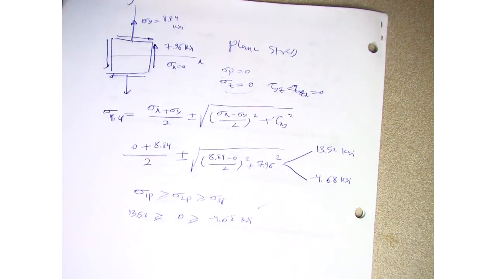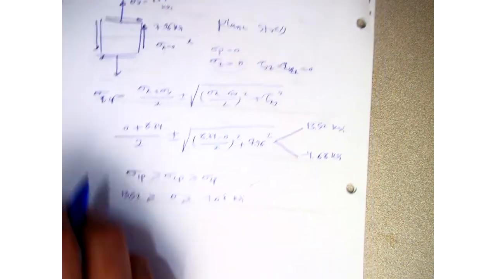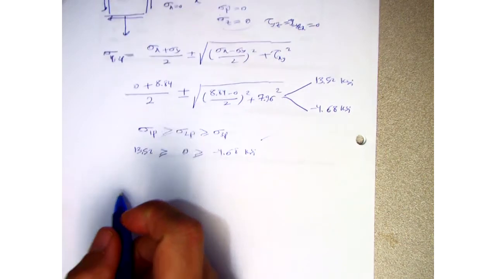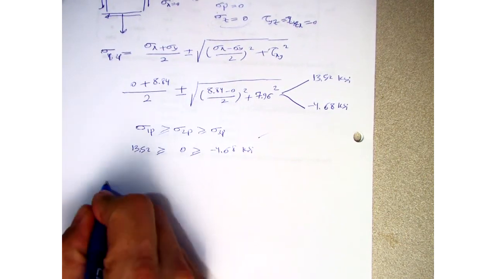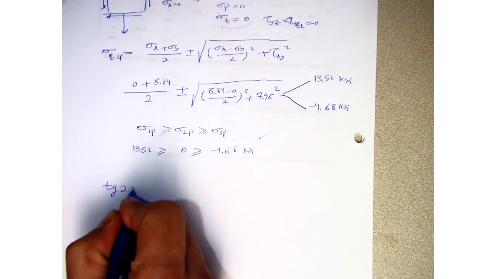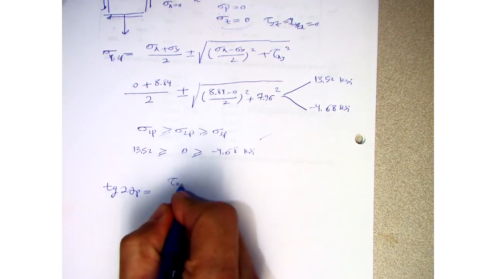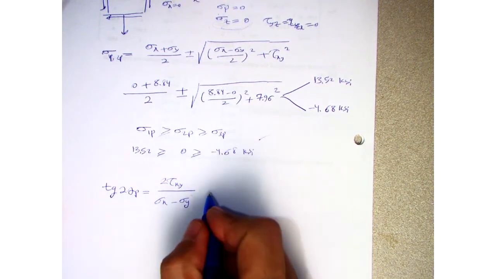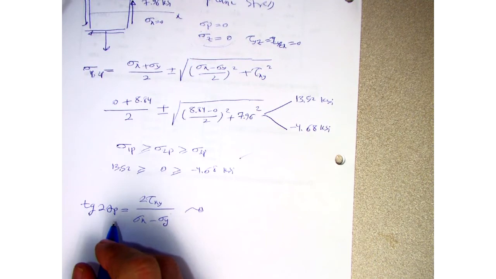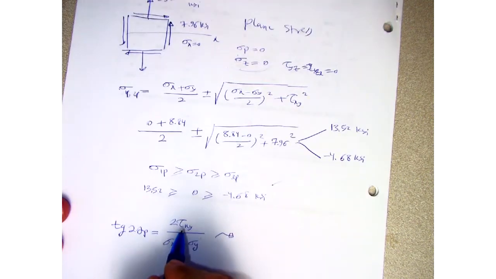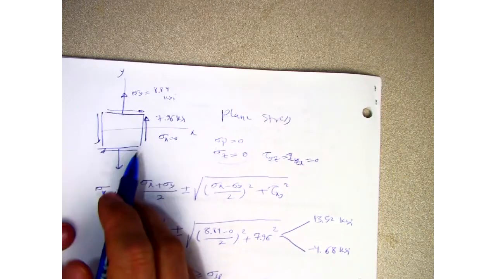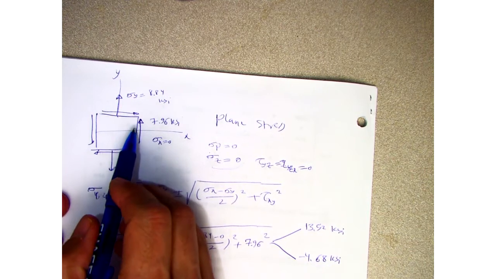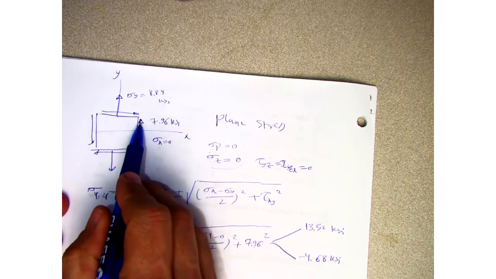So the next question I need to answer is, what would be the orientation of the principal axis? Sometimes you are interested in that. So the equation we had in class, you have seen, is this: tau xy divided by sigma x minus sigma y. All right. So here, when you use this, you have to be careful about the sign of sigma x and tau xy, because tau xy in this formula is positive when you have your shear stress